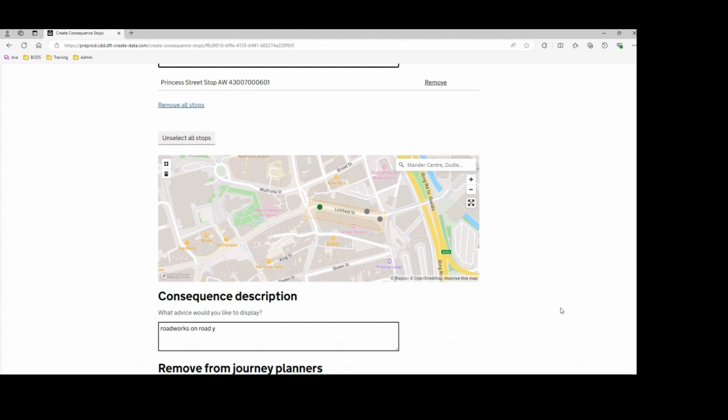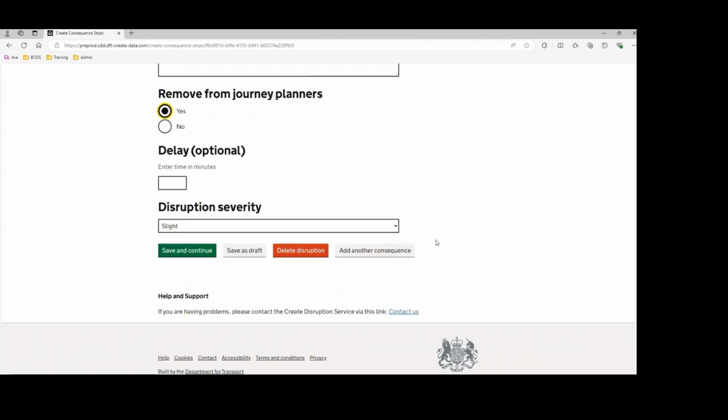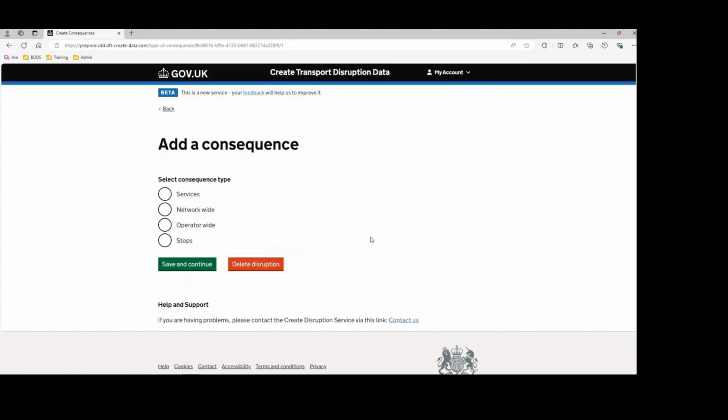Or for example, if I want to add a service level consequence to say that the services running through that street are impacted, I can do that. I'm going to add more consequences just to show you service level consequences and also operator and network wide. So if I add service consequence,